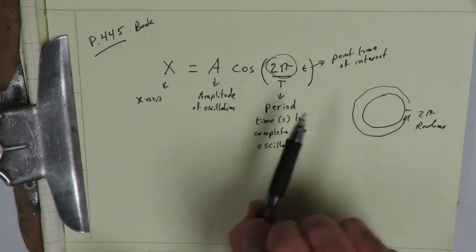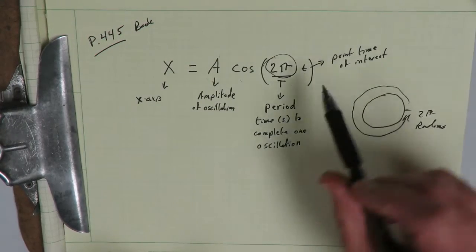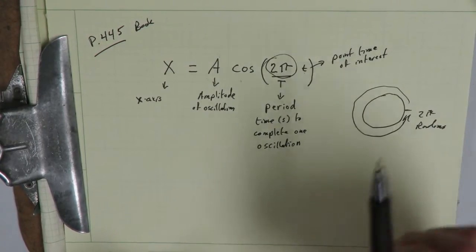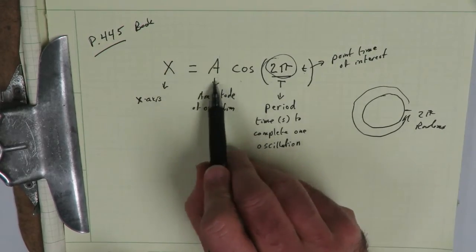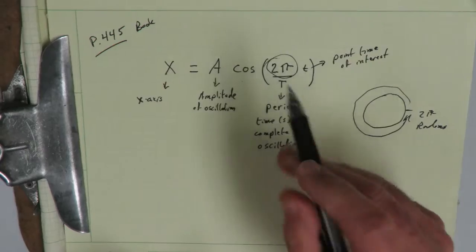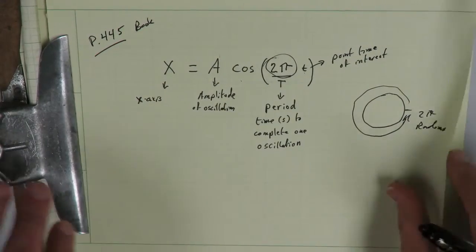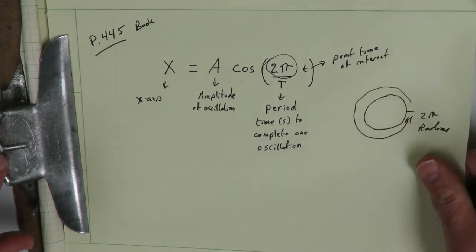Now, if you did this in your math class, they would probably have you actually creating the graphs, and then it might make more difference. But for us, we're interested in amplitude and period, and that's about it. And the fact that it's in radians is incidental. Okay, so that's what the